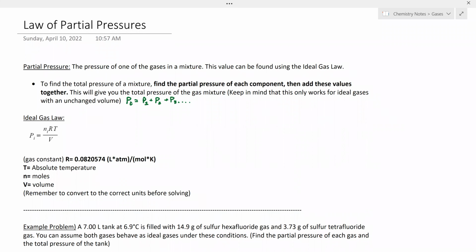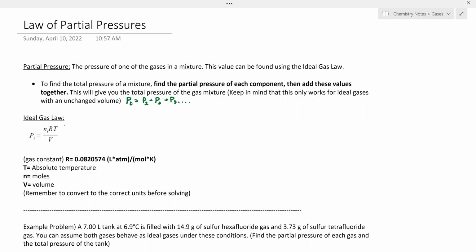So P_i, the P part stands for pressure. The i there is just telling you it's of a specific compound. So if you were finding the pressure of two different compounds, one of them would be P1 N1, and the other one would be P2 N2. The i just tells you a number. P is pressure. N is moles,